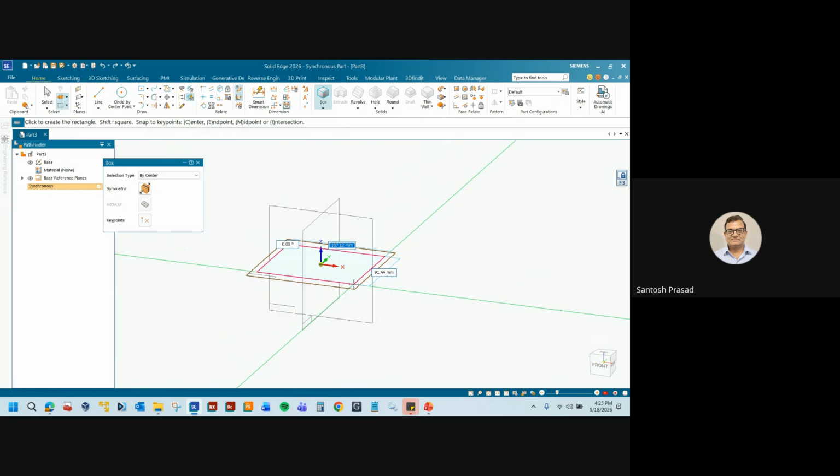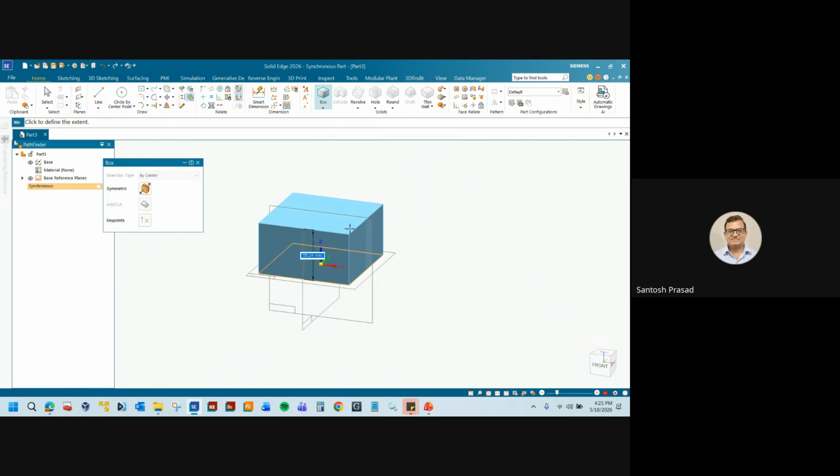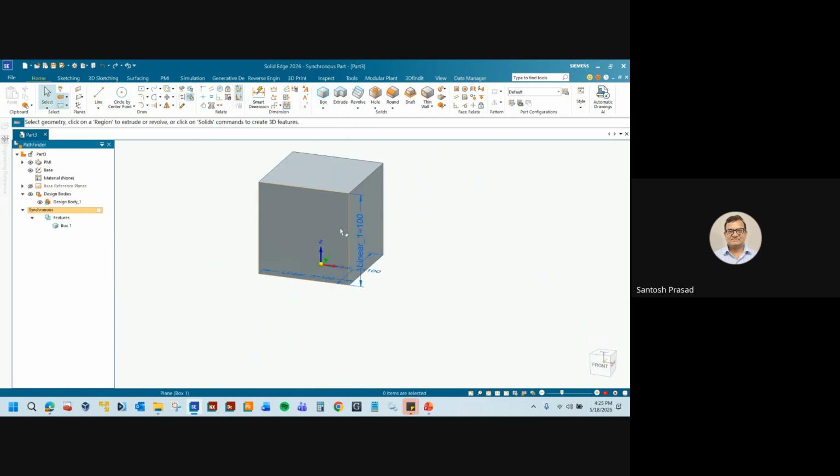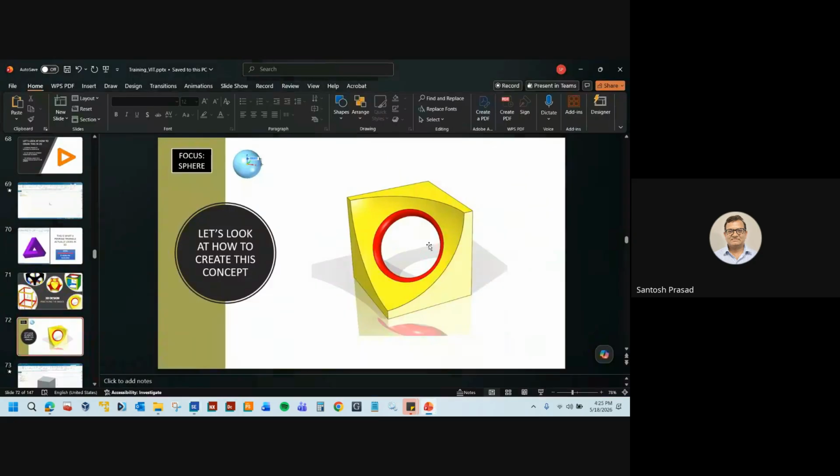So let's see, create 100 by 100, 100, and orientation is okay, and now I'll extrude to 100 as well. Now what I have done, I have created a block, and when I see this, you can see that at one corner it has been created as a trimmed shape with some kind of spherical shape, okay,